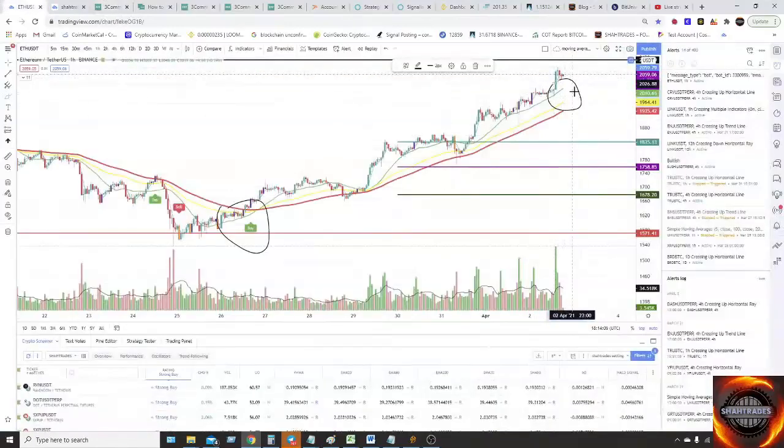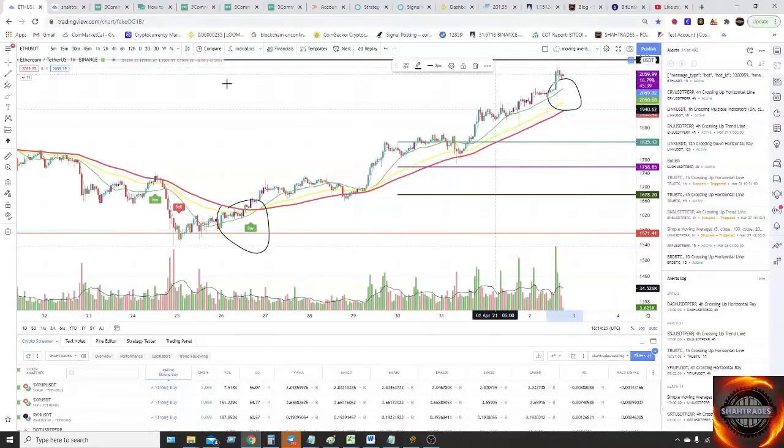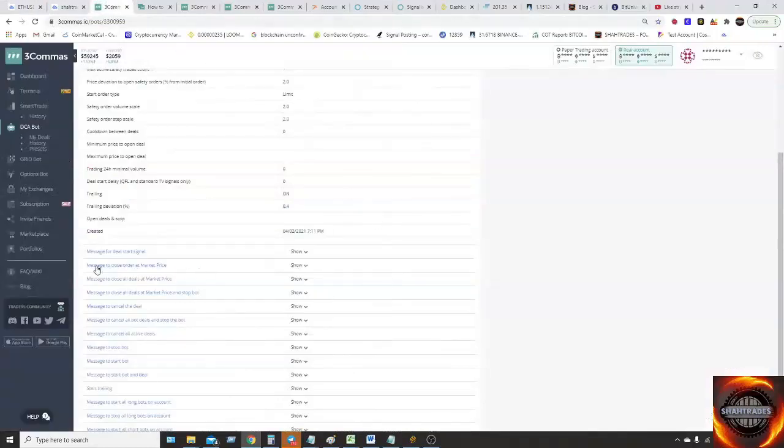So let's say here the sell signal comes and you have an active deal which is in profit. What you can do is go to your bot and find the message deal closed at market price.